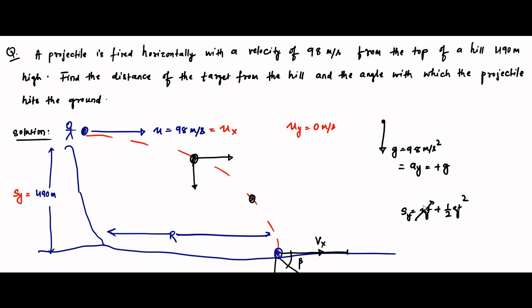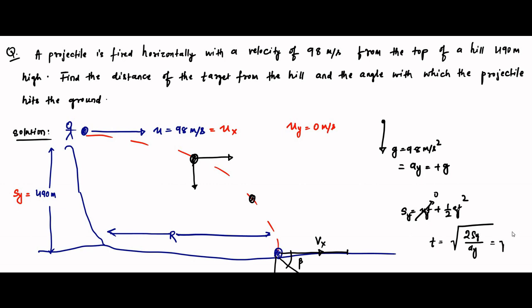This will become 0 because uy is 0. So t will be simply equal to